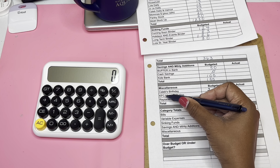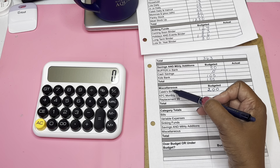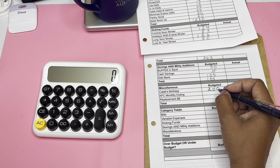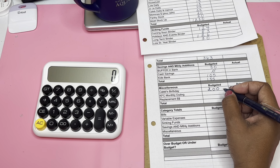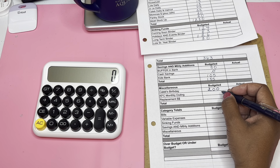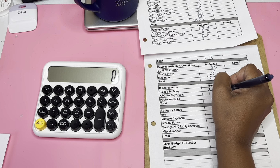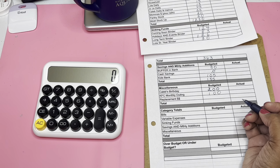My kiddos, KFC, which is their church group, they go out on monthly outings. I normally over budget for these events just in case. I don't want to send them away and they not have what they need. And it looks like I budgeted for 100. Okay, and then